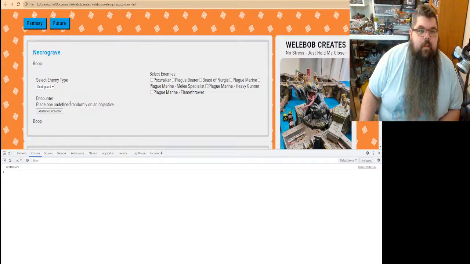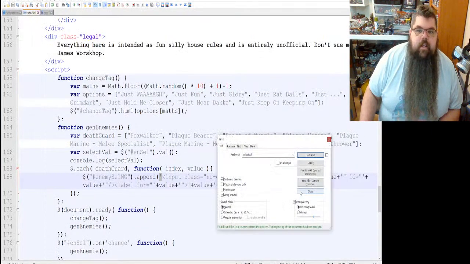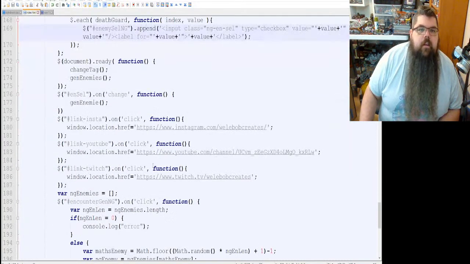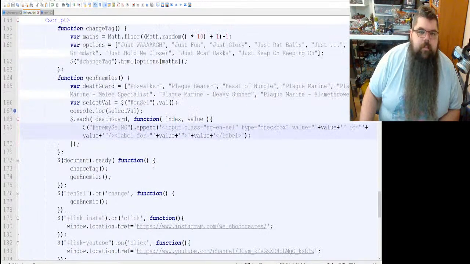So we're going to get this bug here fixed. Okay, so let's fix that guy. This guy I have to fix. I'll make myself a note of that. Okay. NG enemies works.